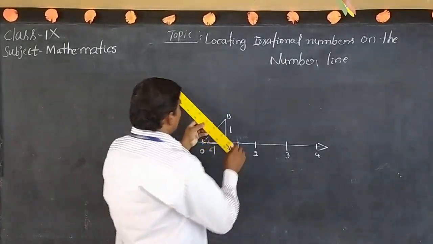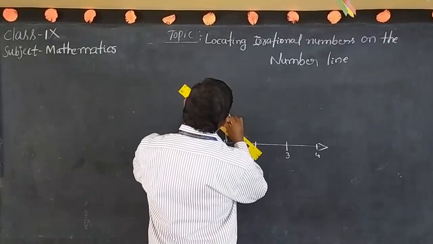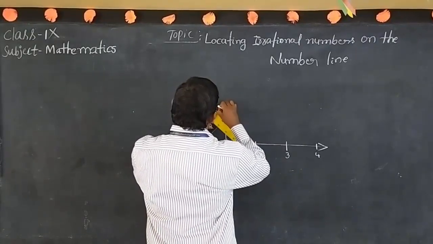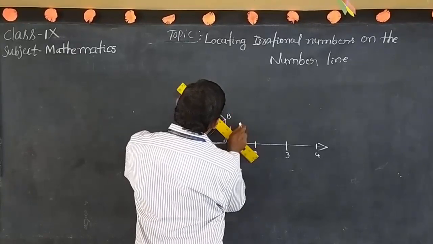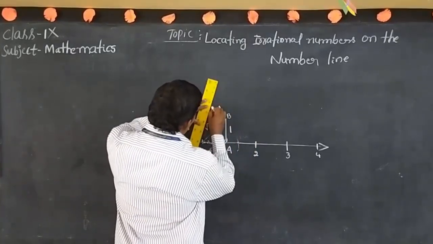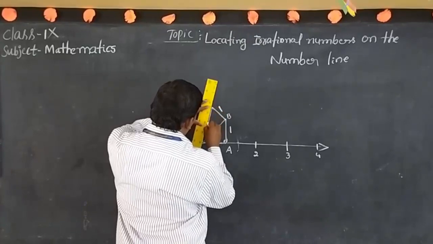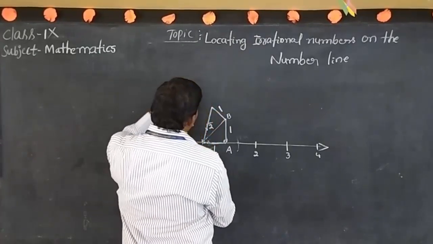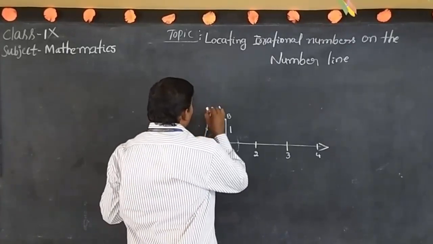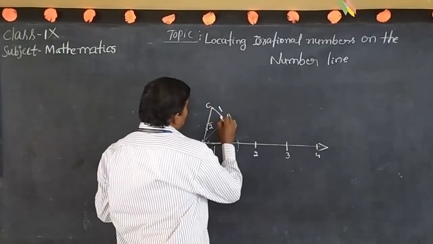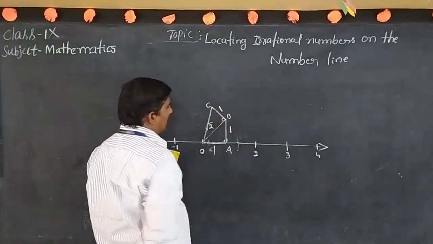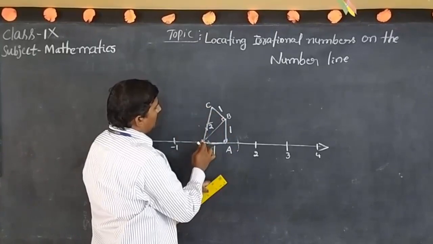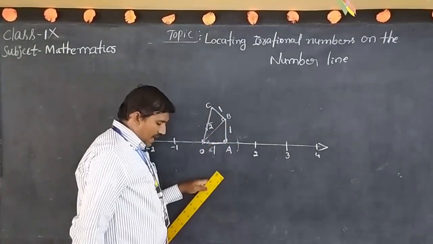Like that only, here we will take one more 1 centimeter, 1 unit. Taking 1 unit, we will get one more triangle. Okay, like that a spiral is coming. See, this one also is a right angle triangle. Here see OBC. OBC is a right angle triangle.